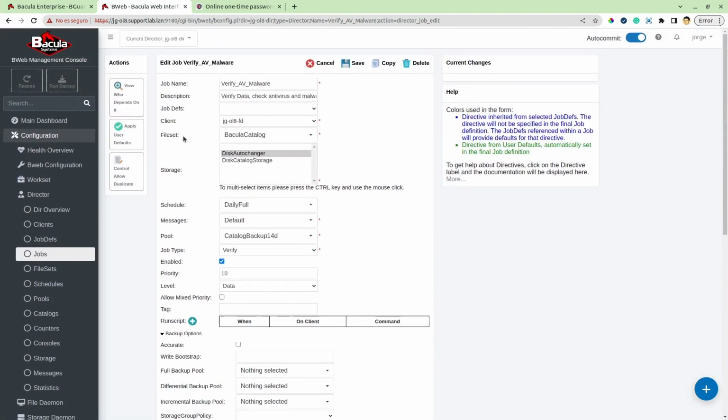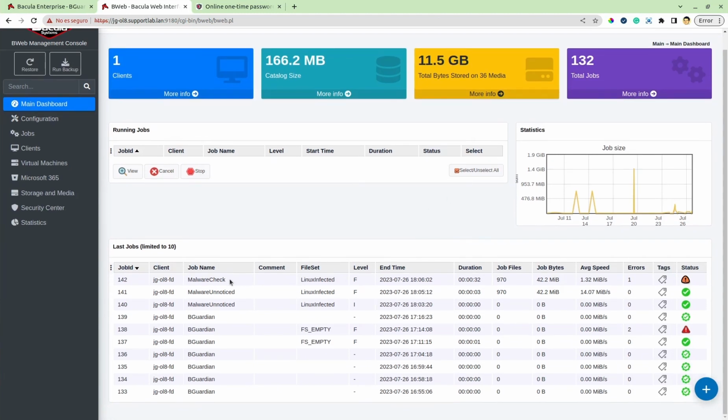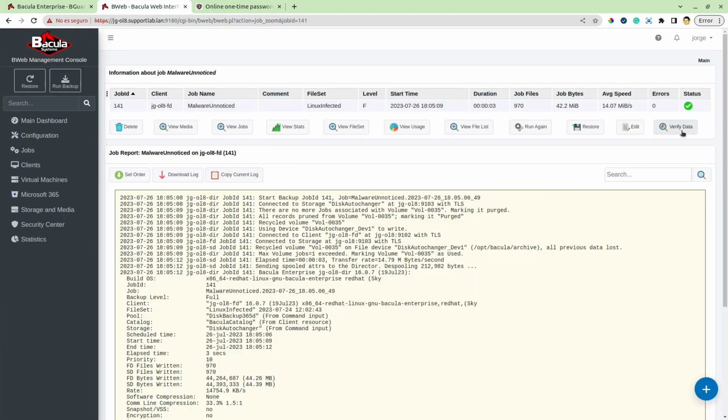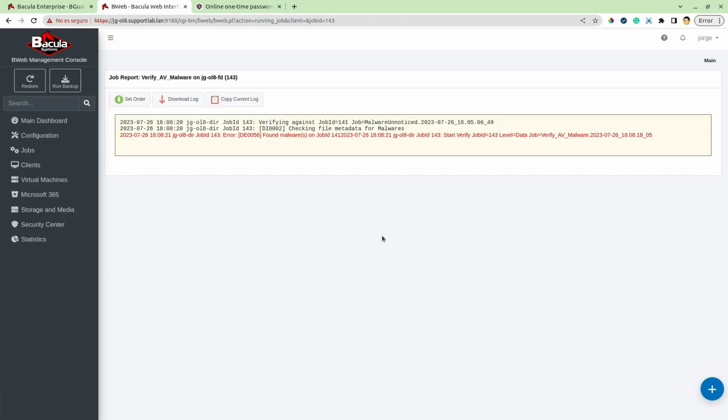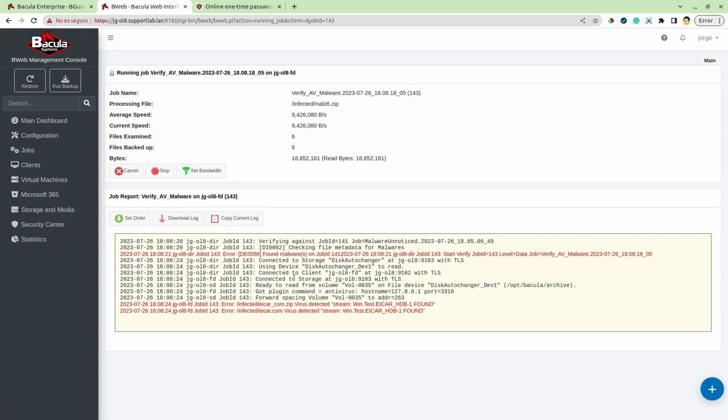So if we try to verify with this verify AV malware job, the job that was not detecting any malware, we click here on verify data, and as we have only one verify job defined in this system, it is selecting it automatically, and you can see that it's already finding the same malware that the other job already detected, while we are also detecting, thanks to the antivirus, some files that are containing virus that the malware check was not able to